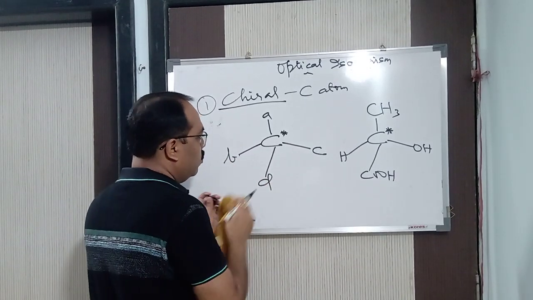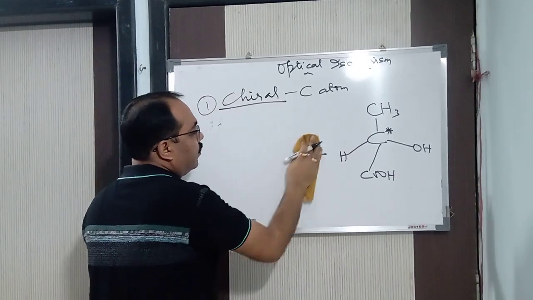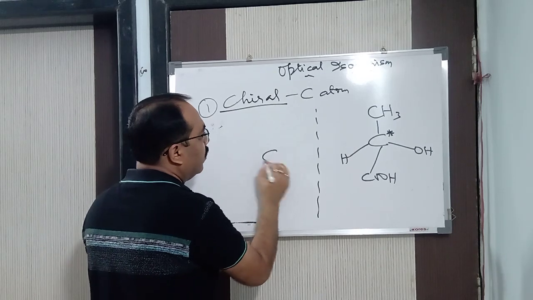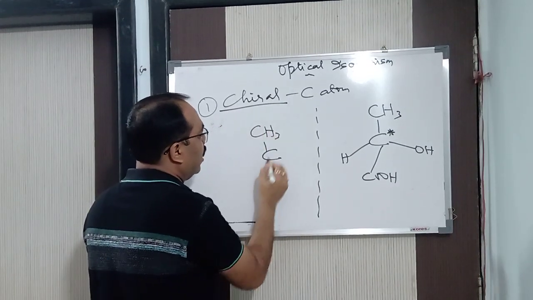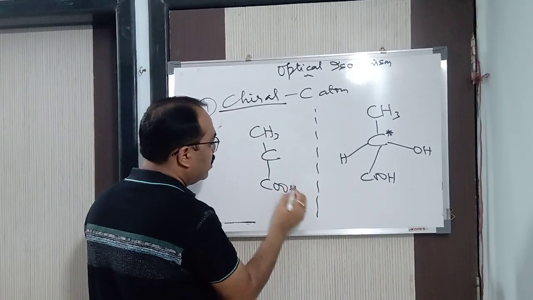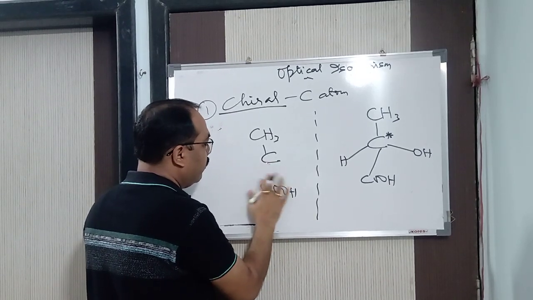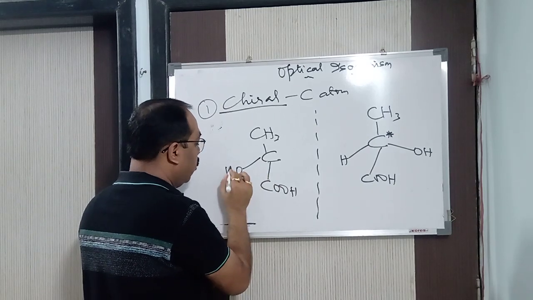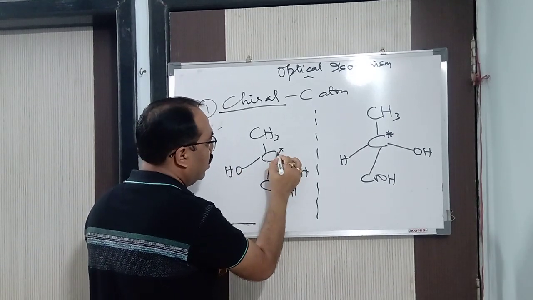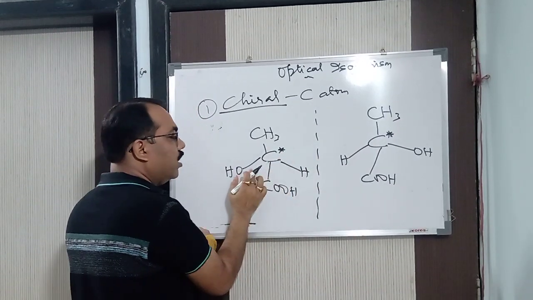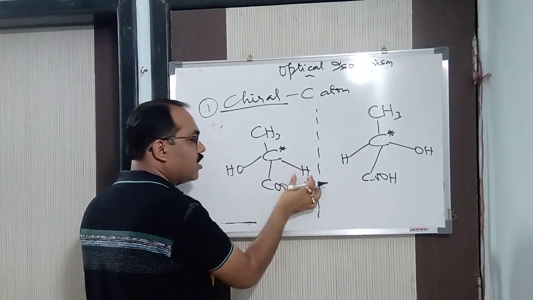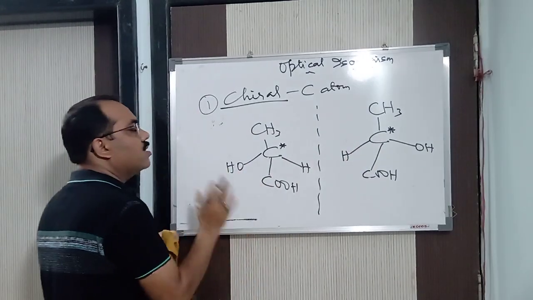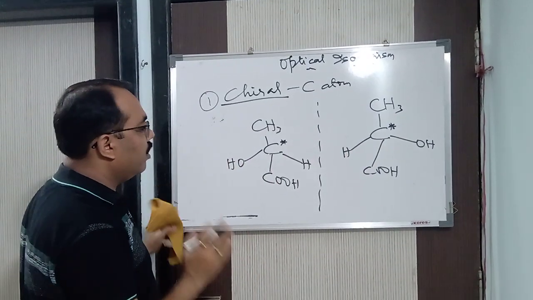For example, let us say I am taking the mirror image of this. Then what should be the mirror image of it? CH3 has nothing to do with what is there at the bottom and at the top. I am interested only in the right and left. So here you will get the OH and here you will get the H. Definitely it's going to change. So here you can see, are they superimposable? This H and OH, they are not superimposable. So this is said to be an optically active compound.